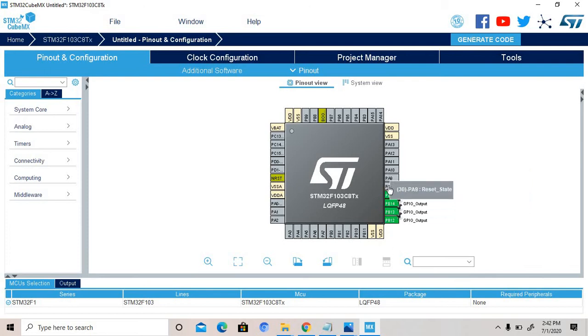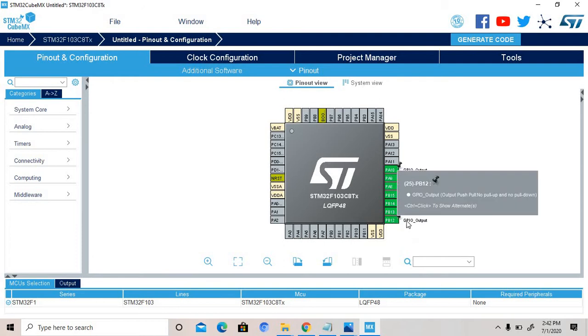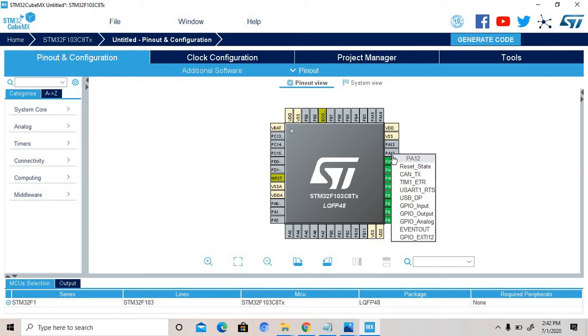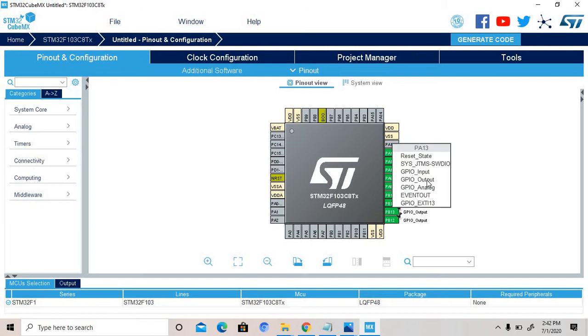These 4 different port and these 4 different port. Output. 1, 2, 3, 4, 5, 6, 7, and this one 8. This is for data lines D0, D1, D2, D3, D4, D5, D6, D7, and this is for RS, and this is for enable.